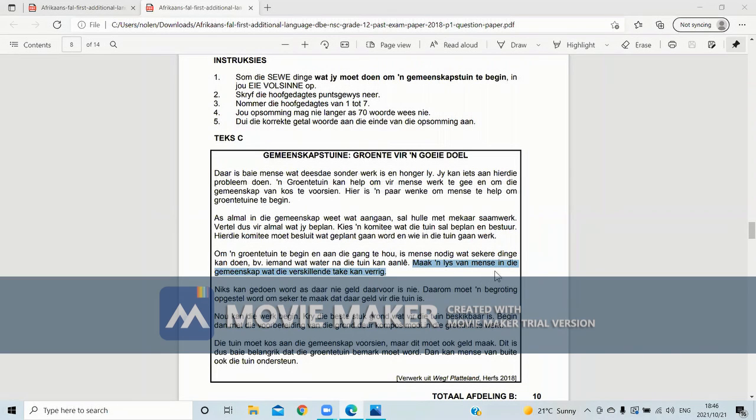It says maak 'n lys van mense in die gemeenskap wat die verskillende take kan verrig. That means make a list of people in the community that can do different tasks. So we're going to change it. We're just going to say maak 'n lys van. We're not changing